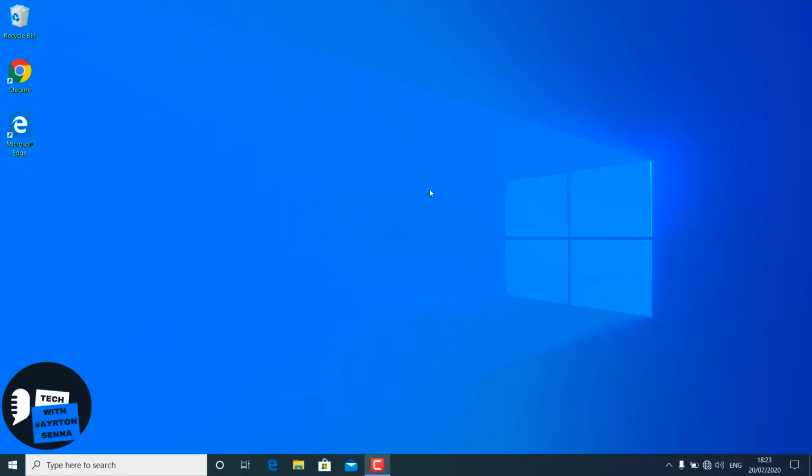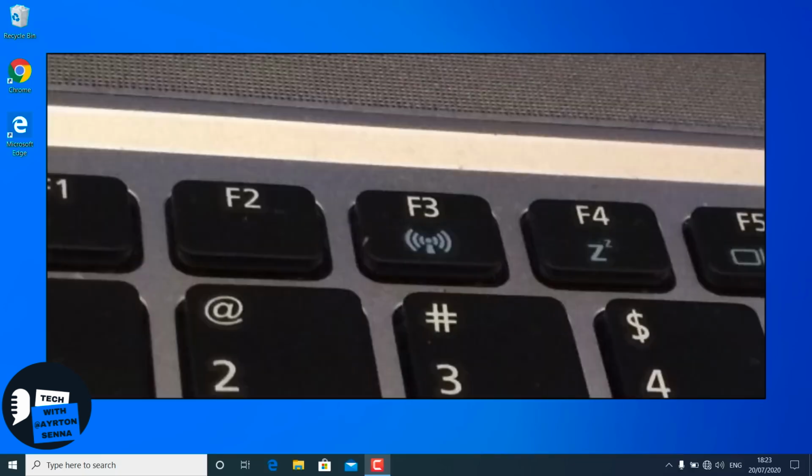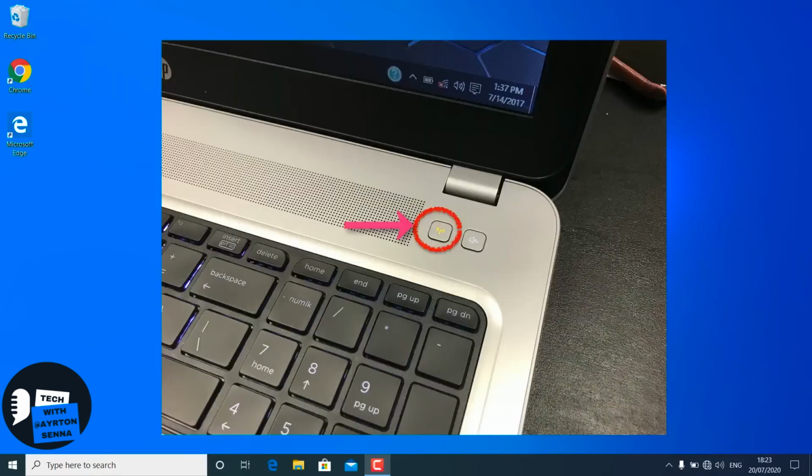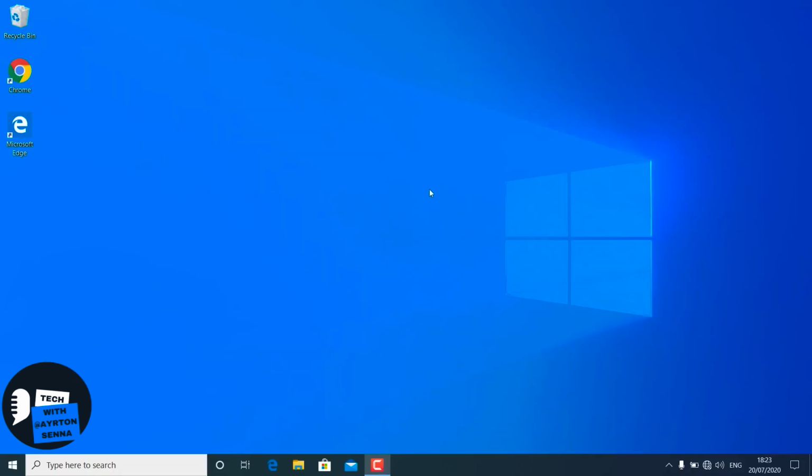Before making any changes to Windows 10, you should always check if the Wi-Fi is turned on by physical keys. You need to check your keyboard or the physical button to turn on the Wi-Fi. Like you can see, this Windows 10 PC is unable to connect to the internet and it is not getting a Wi-Fi signal at all. So if this is the issue with your Windows 10, then the first thing you should try is